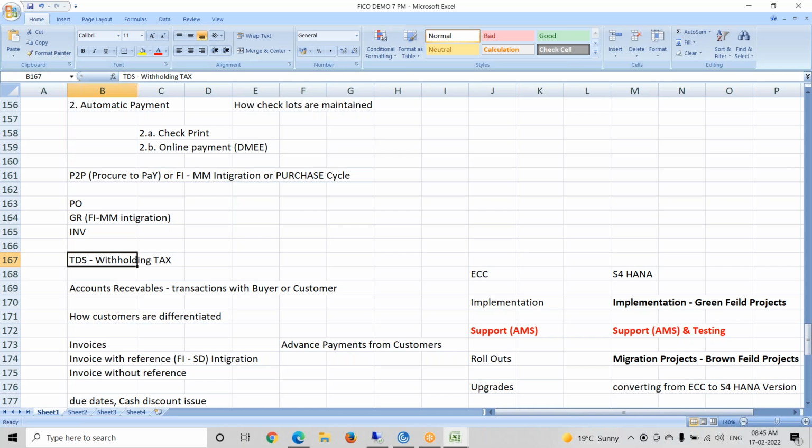I'll show you all the configuration settings for generating Form 16, which program we use, and how we trigger the print, on the screen. But don't expect the appropriate output; the font is not coming in the right way. For TDS also, some output issues are there.